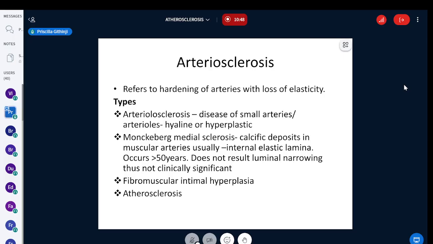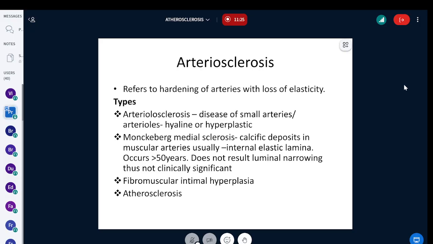So knowing the normal architecture of blood vessels, let's now go into the various disorders that affect blood vessels. We have what is called arteriosclerosis, and arteriosclerosis basically refers to hardening of arteries with loss of elasticity of the blood vessels. And elasticity is usually important so that blood can move within these blood vessels. This arteriosclerosis has various types. So we have what is referred to as